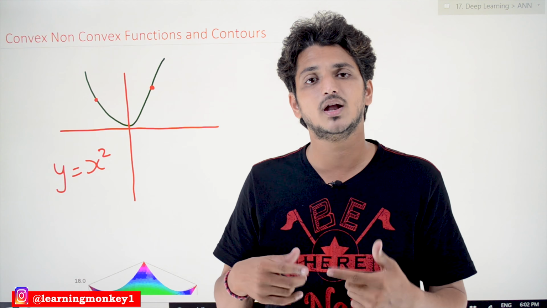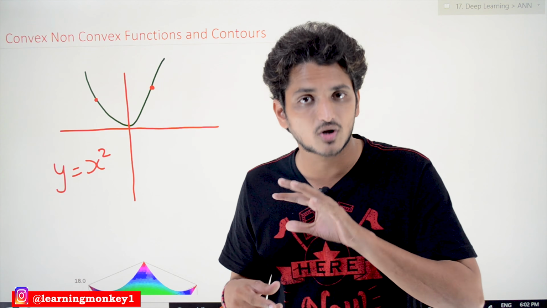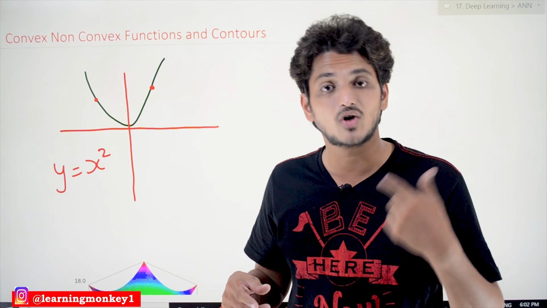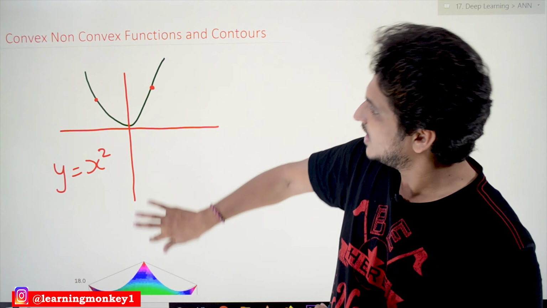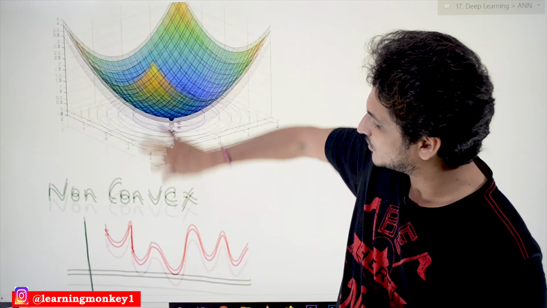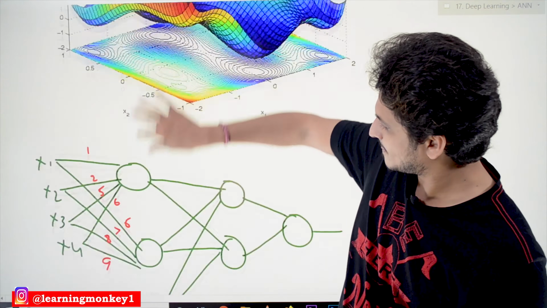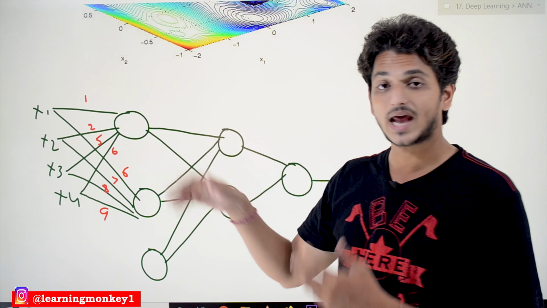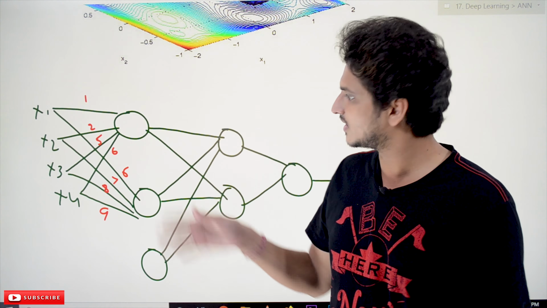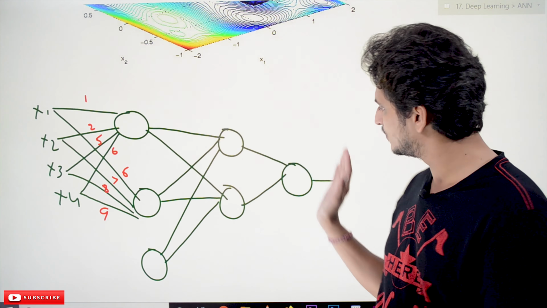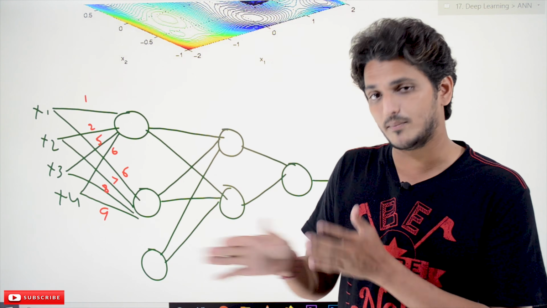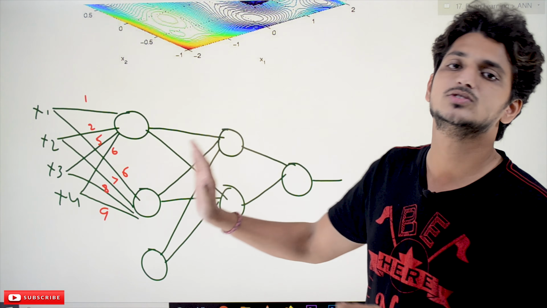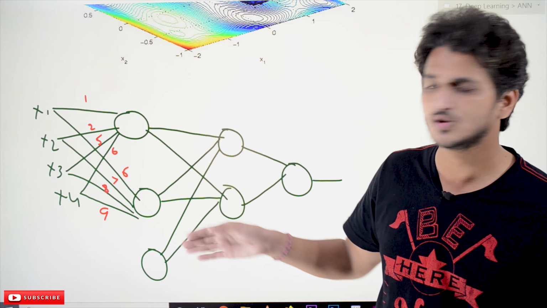But coming to neural networks, the loss functions are not convex functions, they are non-convex functions. Why are they non-convex? Let's understand it with an example. Let's take a simple neural network. So this is our neural network. We feed the inputs, we randomly select some weights for the perceptrons, and we do back propagation and update our weights, and finally we get the best weights, meaning minimum loss value. That is what we are doing in our neural networks.